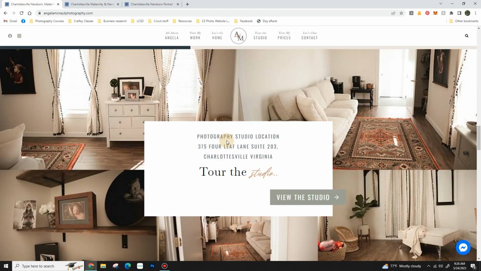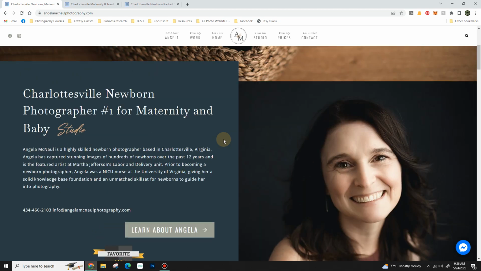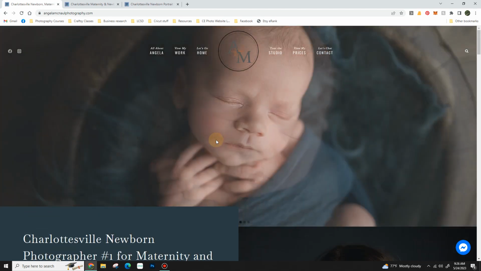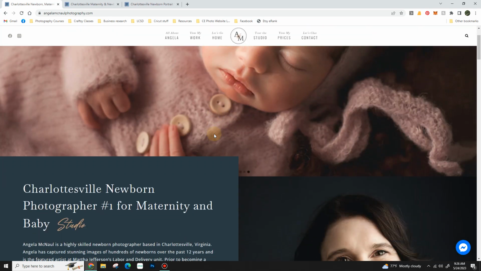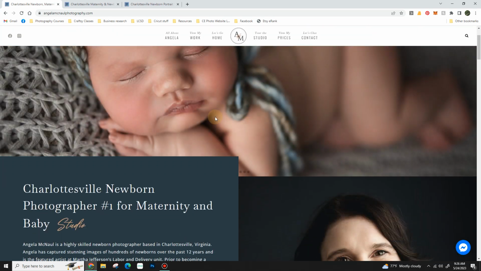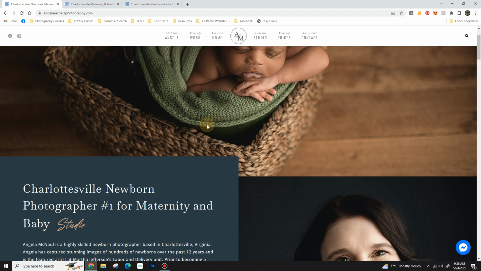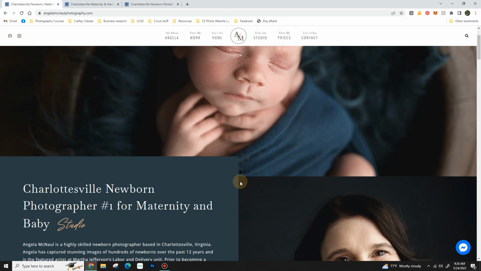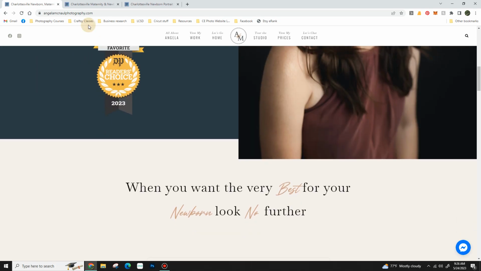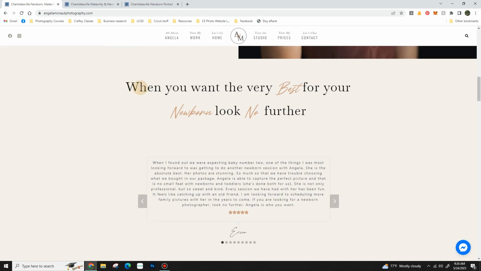It's all very factual, which is fine, but you're a person. You're personable, and you're photographing babies. And I mean, that's what I do too. I am a newborn photographer. So I know you have to have an emotional connection right off the bat with your potential clients. So instead of starting out with yourself, you can start with: when you want the very best for your newborn, look no further. And then give me a photo and some words about